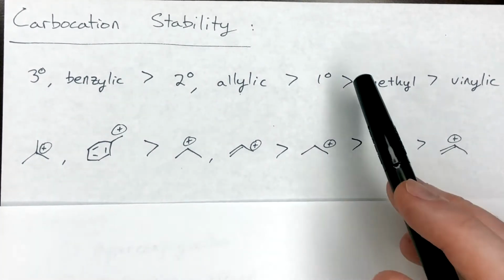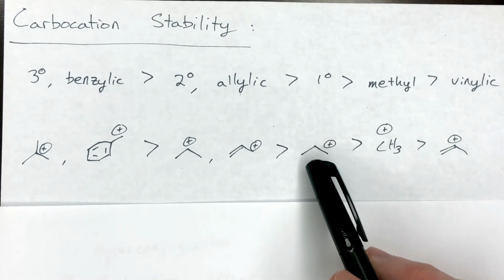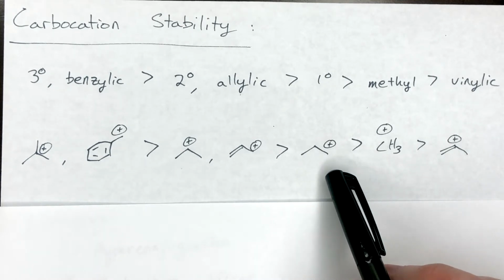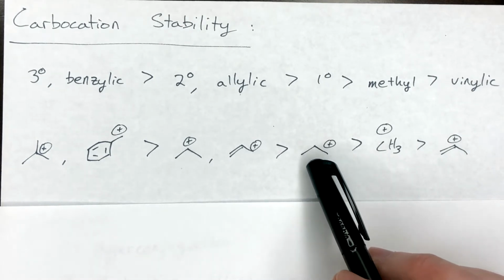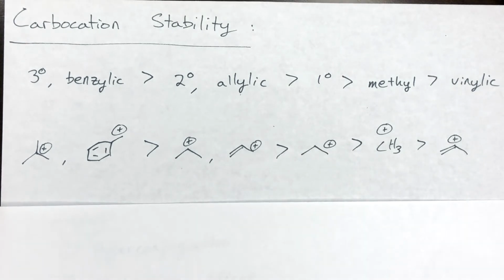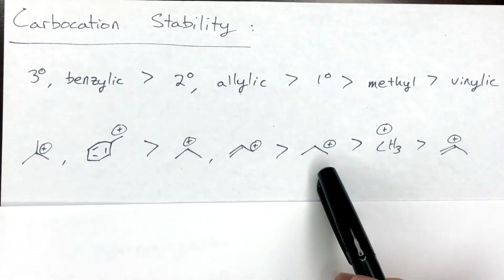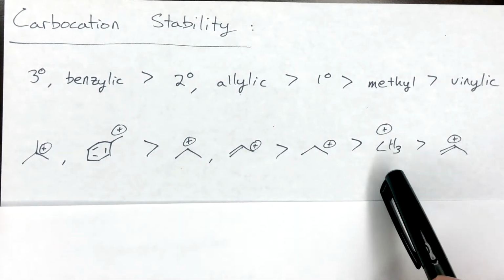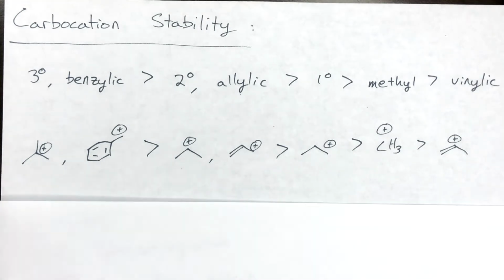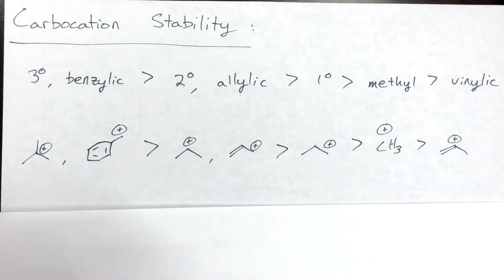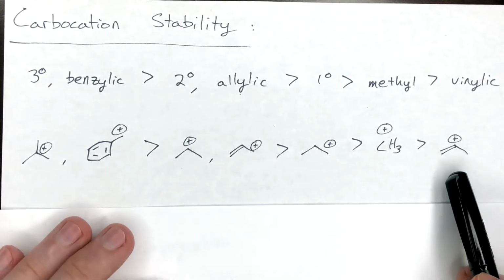All right, then we have primary here. This is bound to just 1 carbon at the carbocation position. It doesn't matter that there's 2 carbons in the chain that is bound to the carbocation. You still just consider that primary. And then, that is more substituted than a methyl group, which contains no carbons at all besides the one that bears the carbocation. And then lastly, we have the vinylic